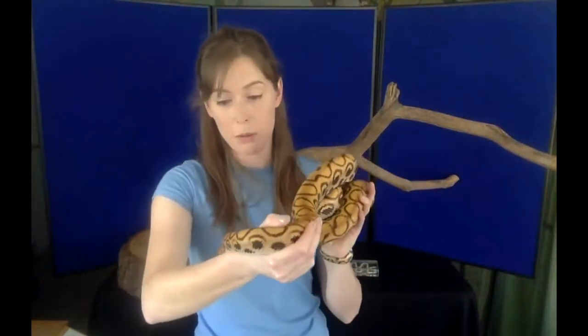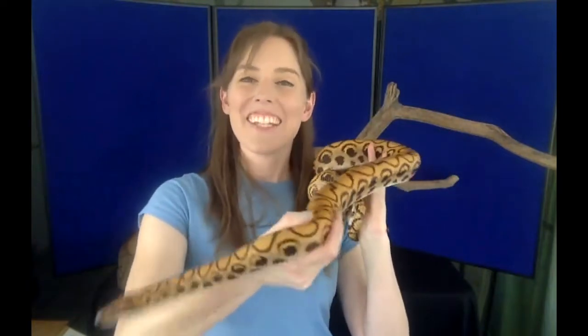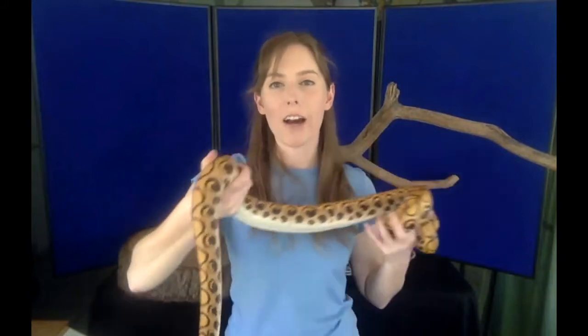Now, part of my job typically revolves around the care of these animals. So it's really cool that we get the chance to show you how this concept works by using some of our residents here at our nature center. And today, the snake that I have in my hand is going to help us understand how the scientific